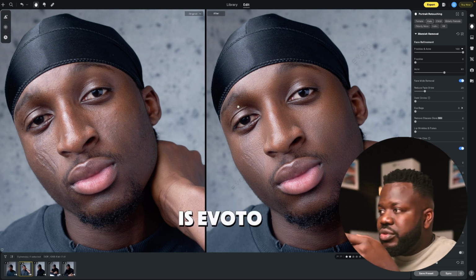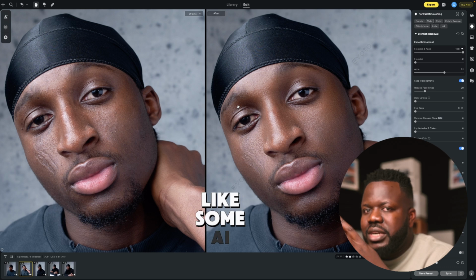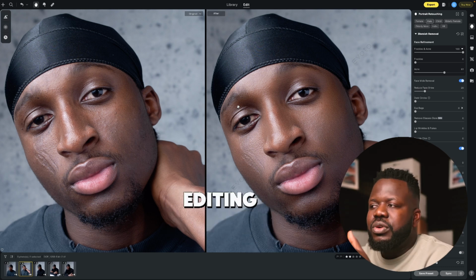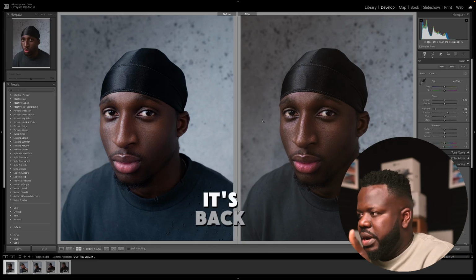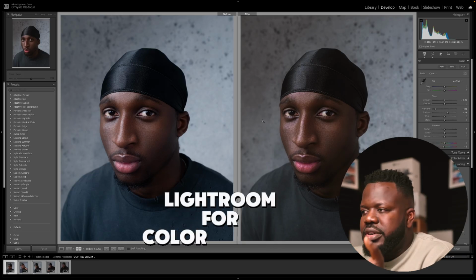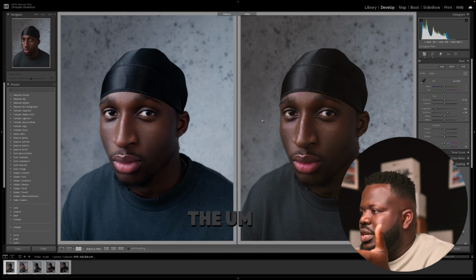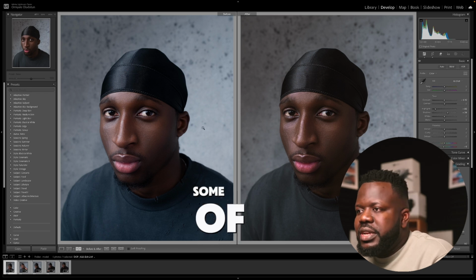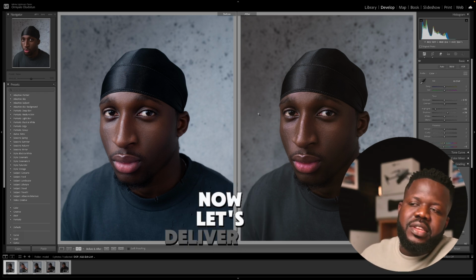Now, this one is Evoto, and why I use this one is because this software has some AI features which make retouching and some editing workflows faster than using Photoshop. Once it's back on Lightroom for color grading, after I'm satisfied with the colors and adjusting some of the lights, then we think, okay, now let's deliver the images to the